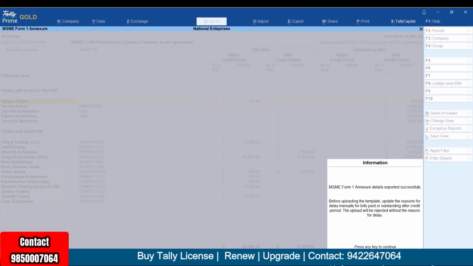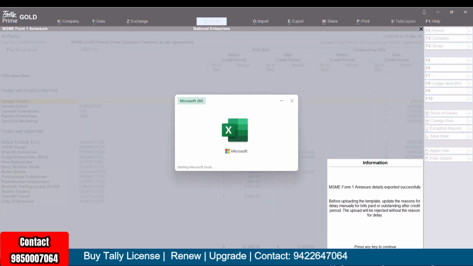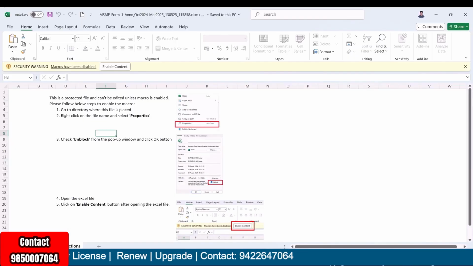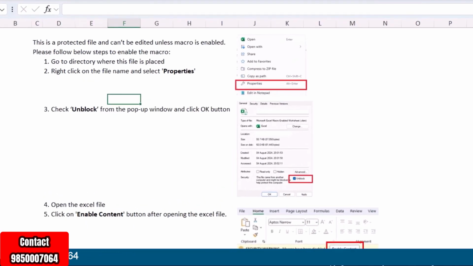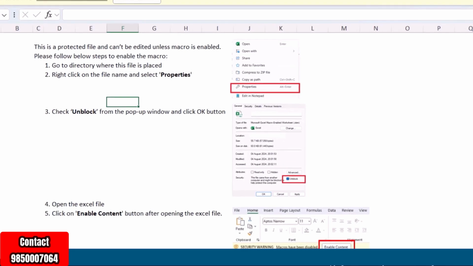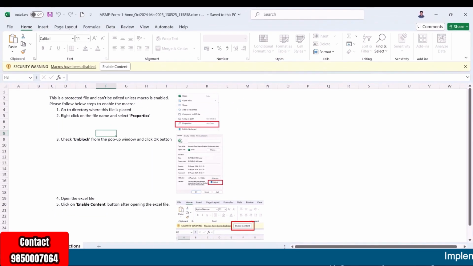As the message gets displayed in TallyPrime, you will see the MCA Excel template opening on your screen by default with the pre-filled details. In the template, open the instructions sheet and make note of the steps given. Make those changes to the template file to be able to update the details in the file.